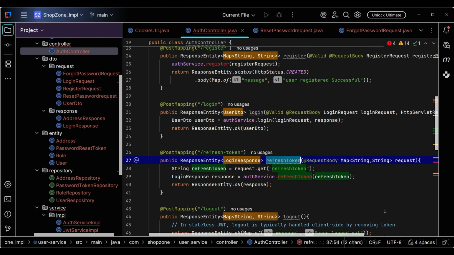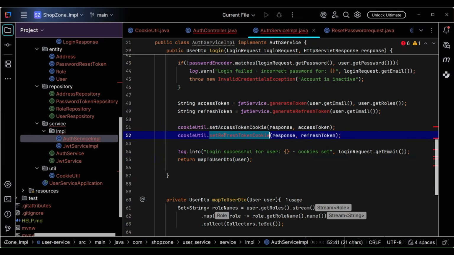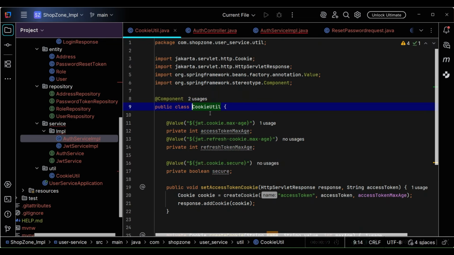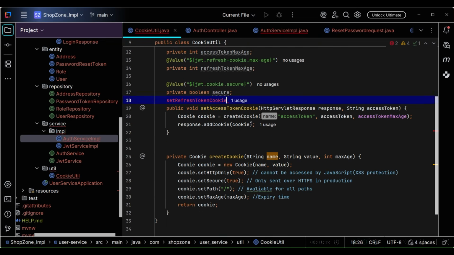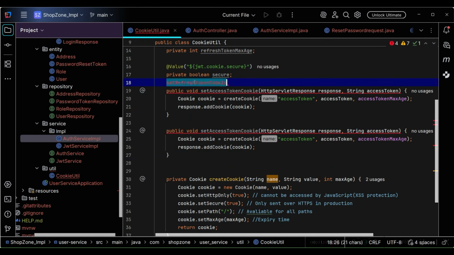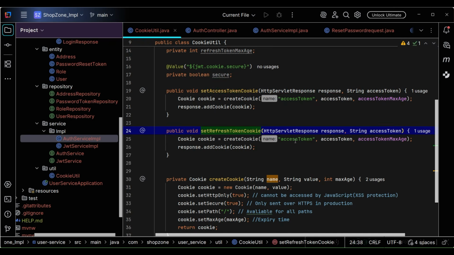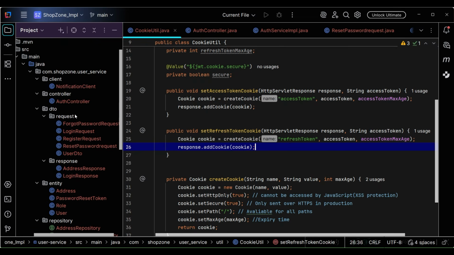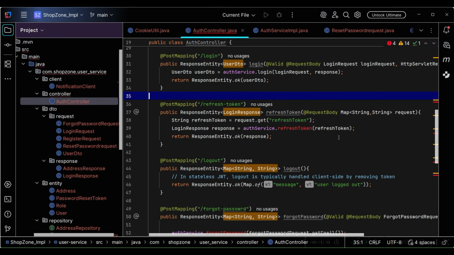Okay, quickly let's start with that. So this we've implemented. Let me copy this method, go to the cookie util, and do the same implementation, copy paste. Just change this name to this name, and here refresh token. Yes, that's it. Okay, fine. So now in the auth controller, refresh token,